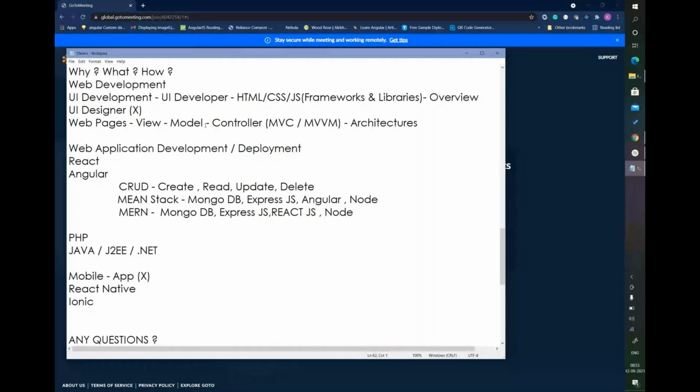So all these Angular, React are scripting language frameworks and libraries. And Java, J2EE, .NET, Python are all programming languages. Programming languages can be useful to develop applications on console, Windows, or any web applications. So those are programming languages. They have separate terminology.